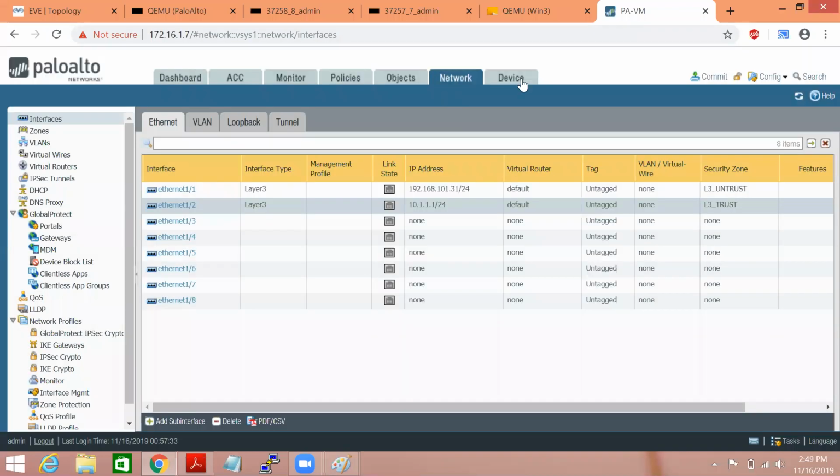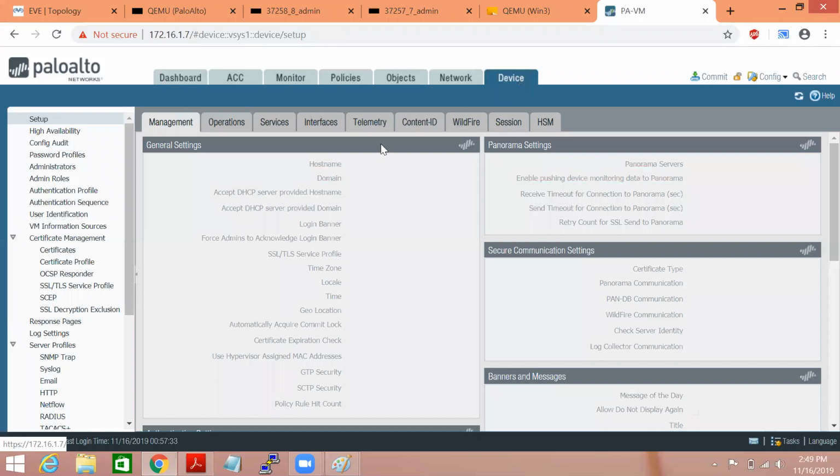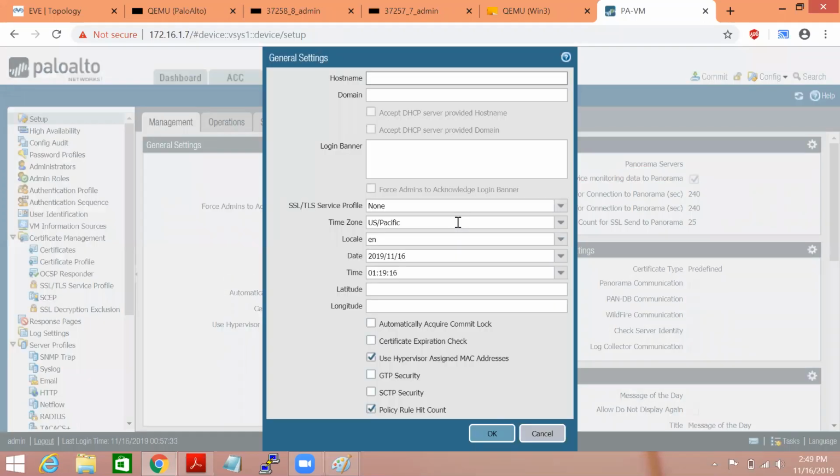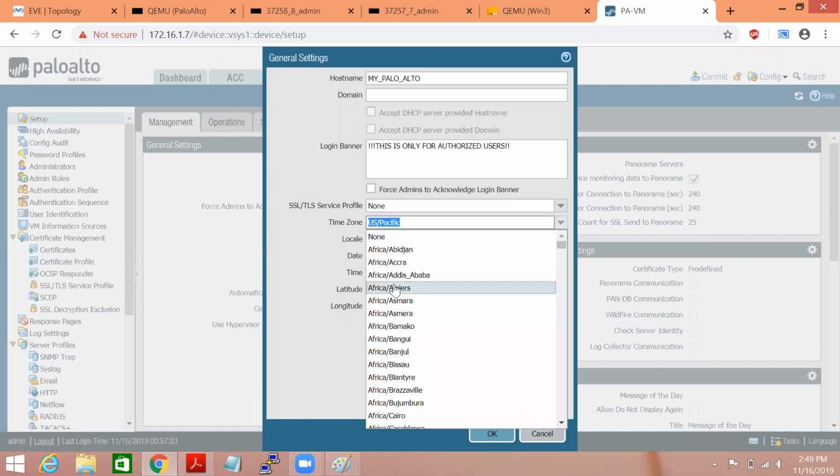I also perform some basic changes like device config. We can change the host name, my Palo Alto. For the banner, we can set this is only for authorized users. And for time zone, accordingly we can choose the Indian time zone.